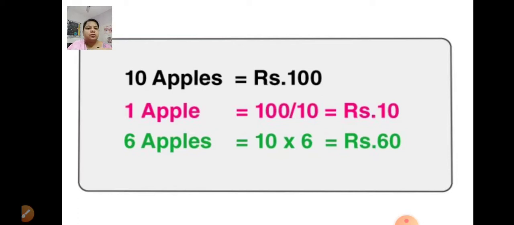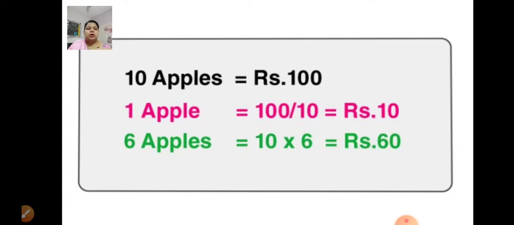Now this is easier for you. If cost of 10 apples is rupees 100, to find out, again from many to 1, cost of 1 apple will be 100 divided by 10. This comes out to be rupees 10. Okay. Then to find out the cost of 6 apples, again we have to multiply now. So cost of 1 apple we have calculated is rupees 10. So 10 multiplied by the required quantity of apples, that is 6 apples. So 10 multiplied by 6 will give us rupees 60. It means that the cost of 6 apples is rupees 60.